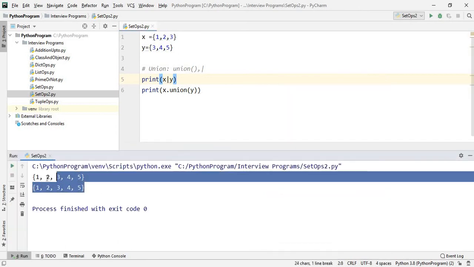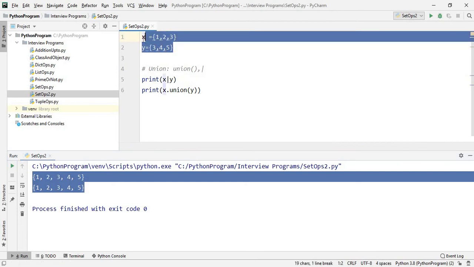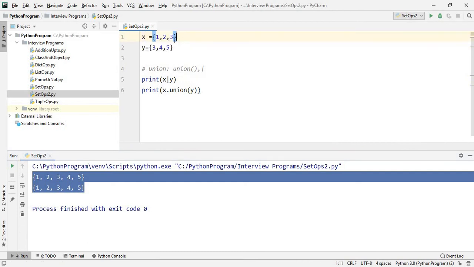See, 1 2 3 4 5. Union means all the values, each only one time. 3 is common in both, so 3 is coming only once.